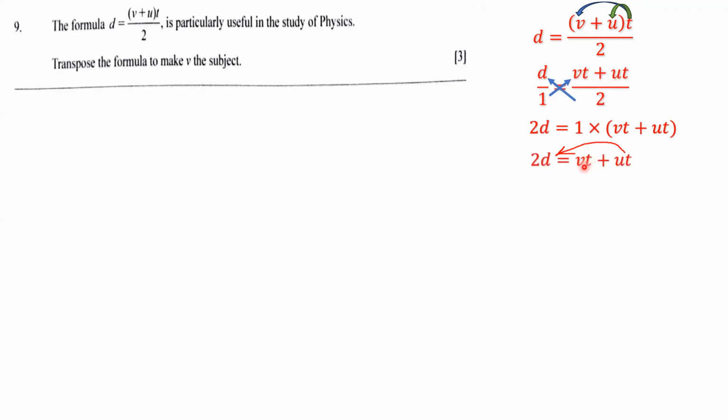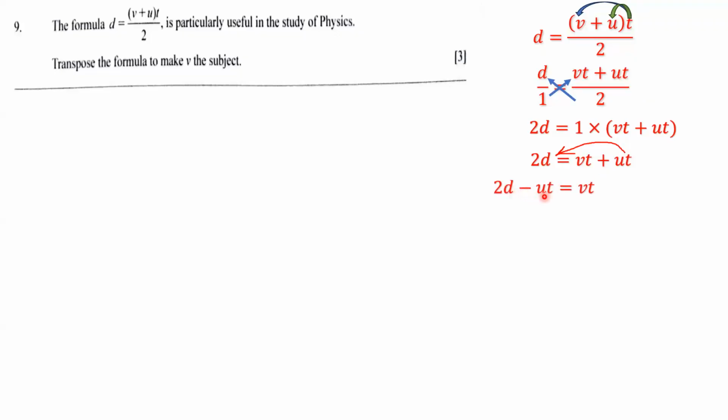And so now, since we have vt plus ut, this is very important. We have 2d is equal to vt plus ut. Remember our goal, we need to solve for v. So we don't need this ut right here. We want only v on this side, all right? So we're going to send the ut over because we just want vt on this side. And eventually we're going to get rid of the t, but the first step before getting rid of the t, let's just get rid of this one first. So we're going to send this ut over because we just want this term by itself because it has the v and we want v to be by itself, all right? So we send the ut over and so we have